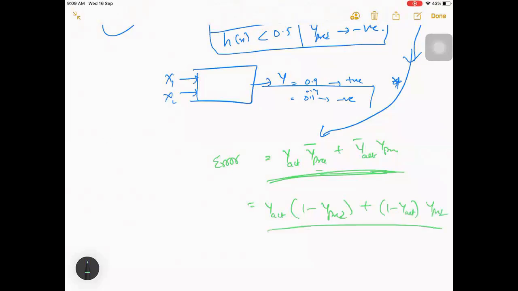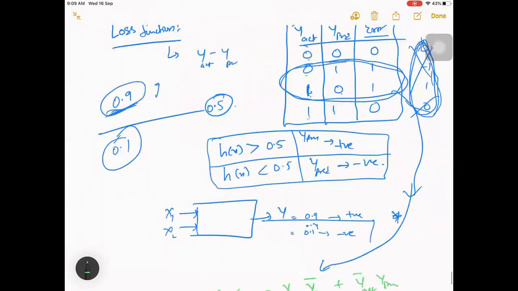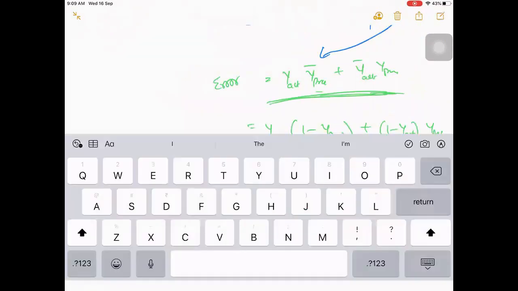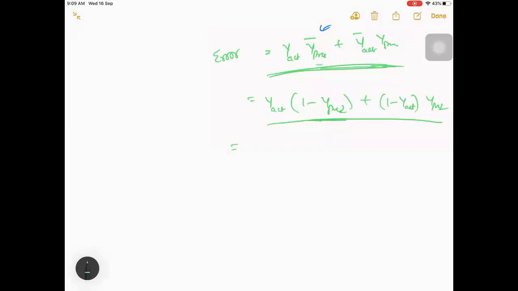Then, instead of binary, we have extended it to probability. It can be a value between 0 and 1, like maybe 0.1 or 0.9. That is the confidence level I'm talking about. It is more probable that you have positive, or more probable that you have negative, something like that. So this is the scenario we have derived till now.